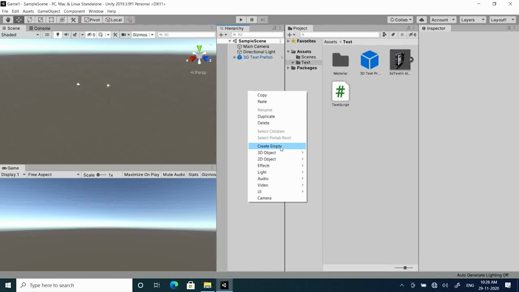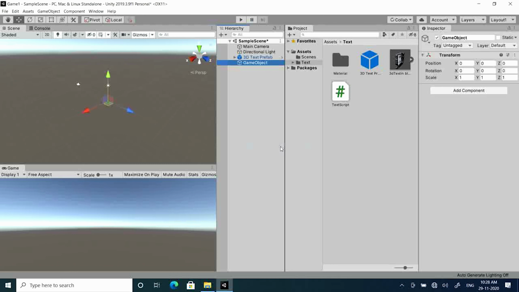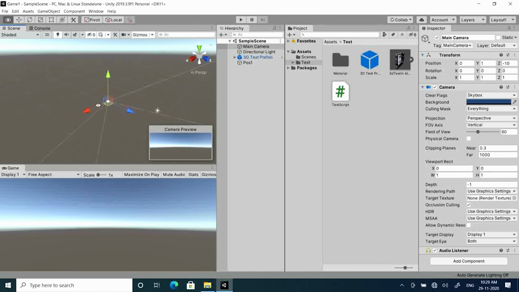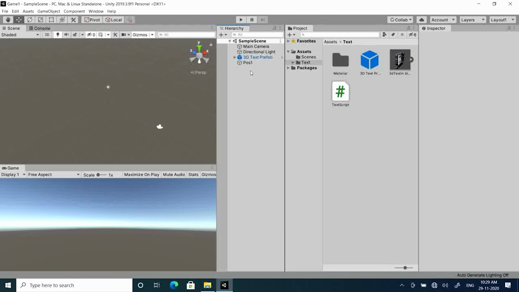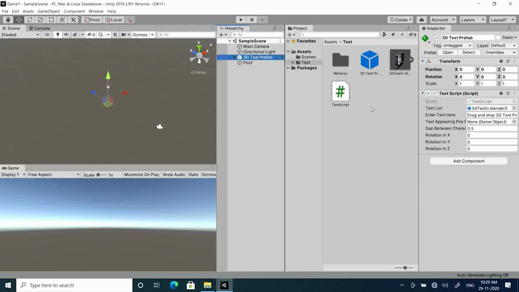So let's create an empty game object. Call it pose1. Let's set the scene a little bit. Okay, now we will drop this empty game object in the given slot and run it.